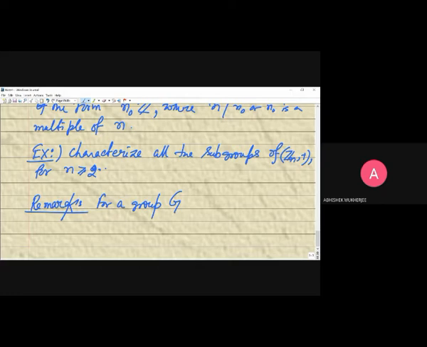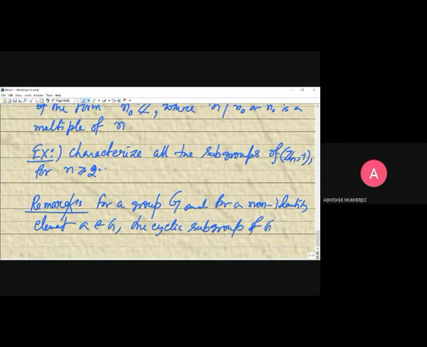So for a group G and for a non-identity element a belonging to G, the cyclic subgroup of G generated by small a, that is ⟨a⟩,